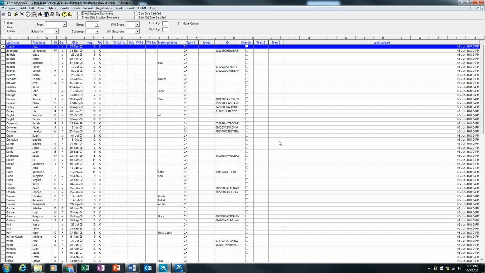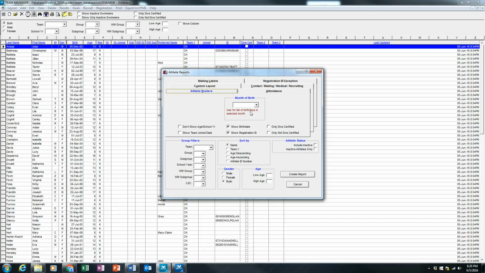And finally, what you can do is run a report to produce a roster, and there's a couple different ways. If you're in the athlete screen, you can do print athlete reports and do an athlete roster. We don't need their registration ID, just their birth date. And just in case, we only really need it for your team. We'll sort it by their name. We do not want inactive swimmers, and we want both male and female. So at this point, if we hit create report,